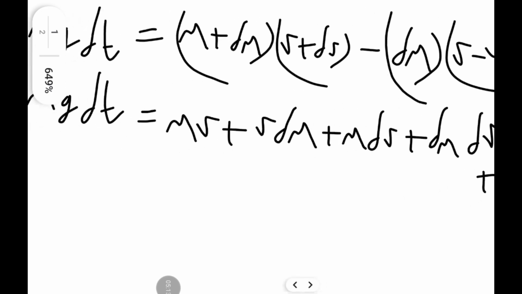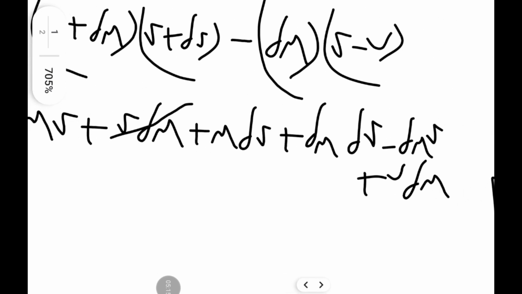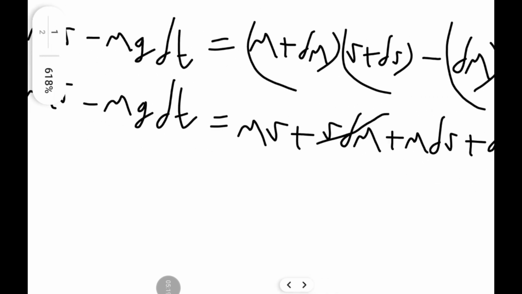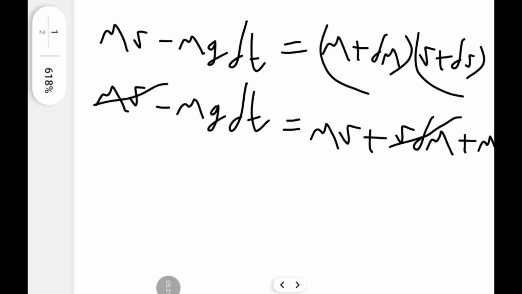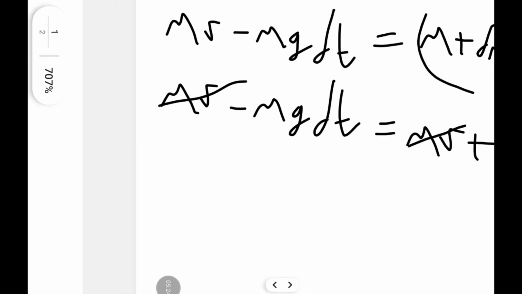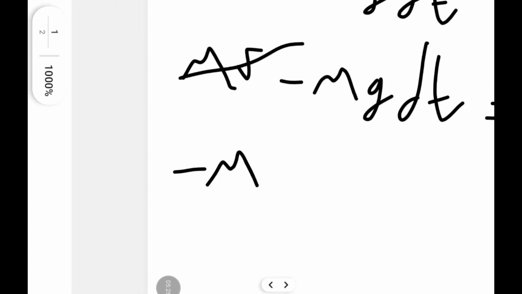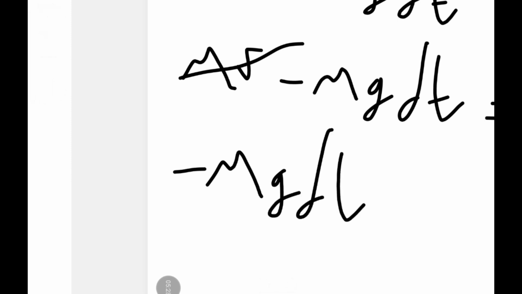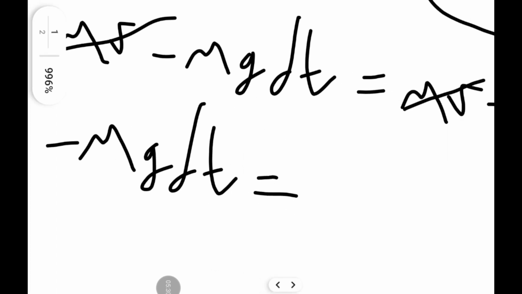We can see that vdm is going to cancel out with their dmv. That's going to cancel out vdm as well. And we're also going to cancel out the mv terms. They're going to cancel out as well. And once you've done all that, you get it into this form, minus mg dt is equal to